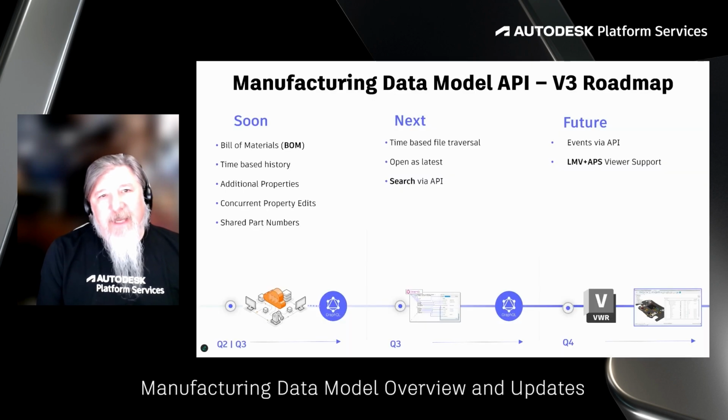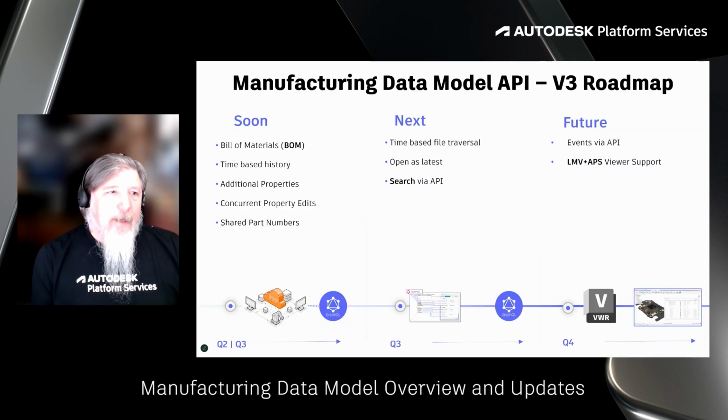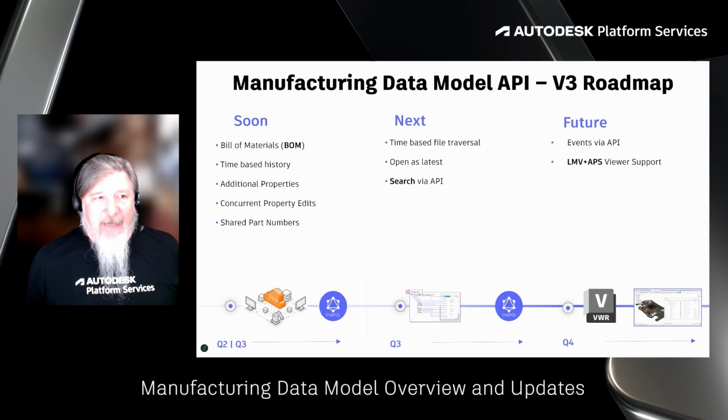First thing we'll do is take a look at the roadmap. Very soon, when this first V3 beta becomes available, you're going to see new features that encompass a bill of materials that's centralized. Instead of just a design-based bill of materials, it can be centralized. We're also going to introduce what's called time-based history, and we'll talk about that in a minute. We're going to add some additional built-in properties, enabling the ability to concurrently edit properties, and then also shared part numbers, which also supports the idea of bill of materials being centralized,